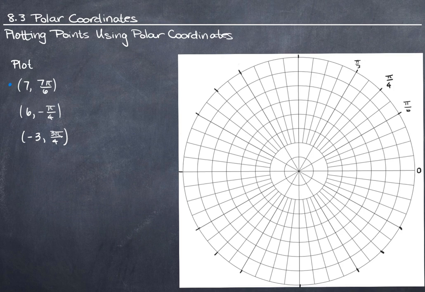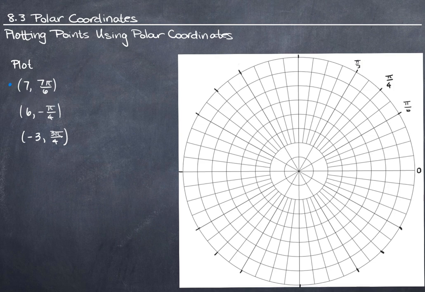So I've labeled the first quadrant, but I'm not going to label the second, third, and fourth quadrant. We just know that this is the next pi over 6. This is a reference angle of pi over 3. Here's a reference angle of pi over 4, and here's a reference angle of pi over 6, and so on, okay? So let's go out around 7 pi over 6 and then find a radius of 7 from that, and